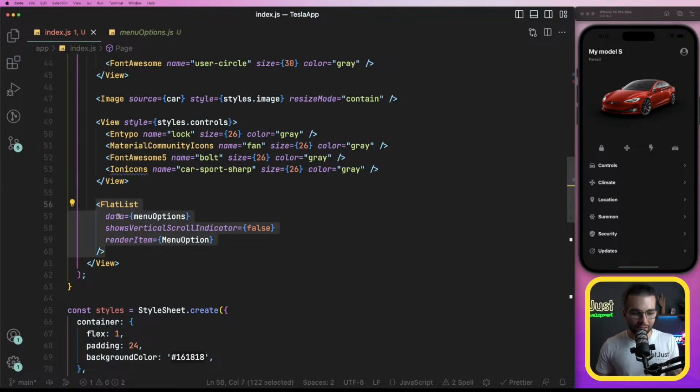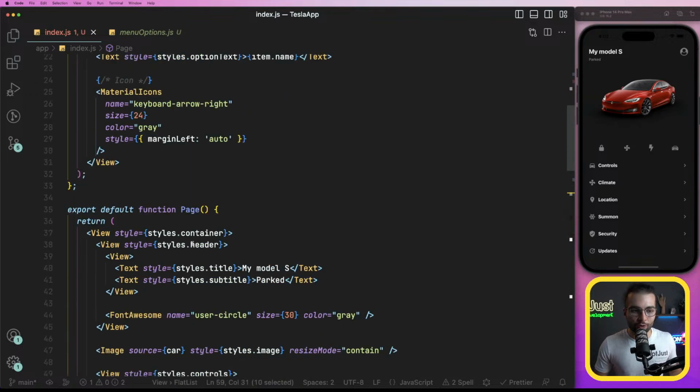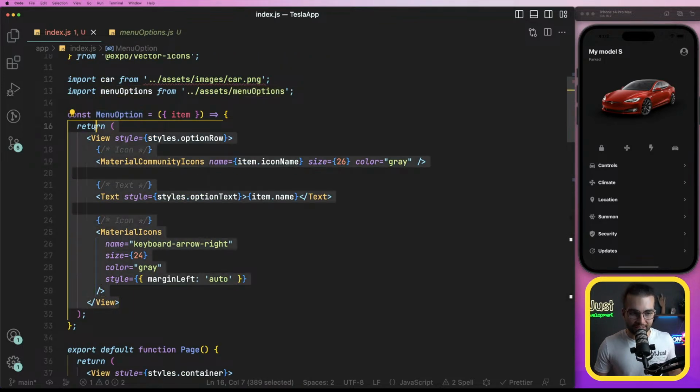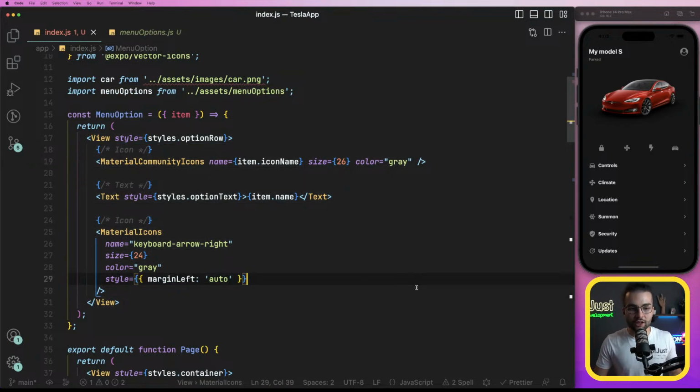We see, okay, this flat list has some data. It has the menu option as the render method for one item. And if we need to go into more details about how it is rendered, like the menu option, we go into that component and we make changes here. And this way, it's much more structured. We can go one way